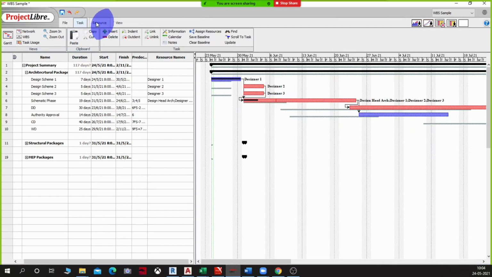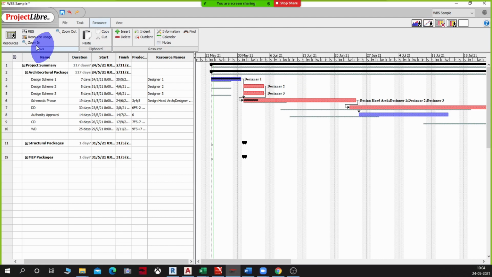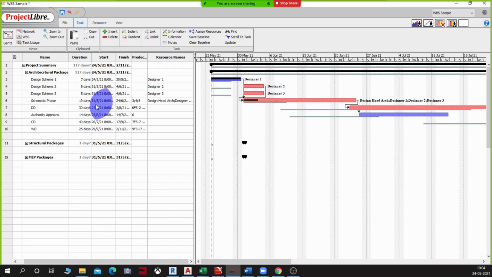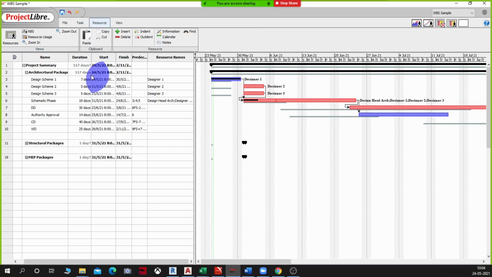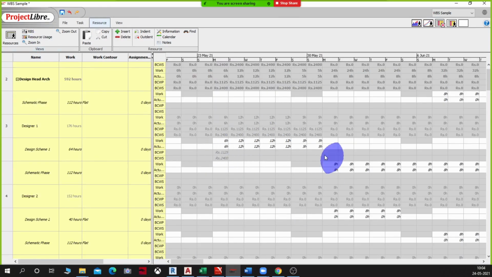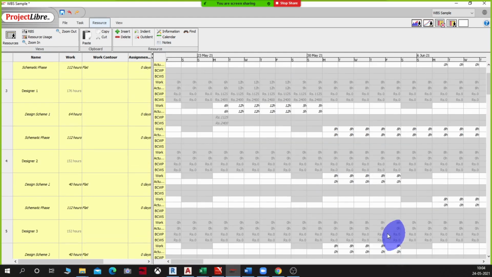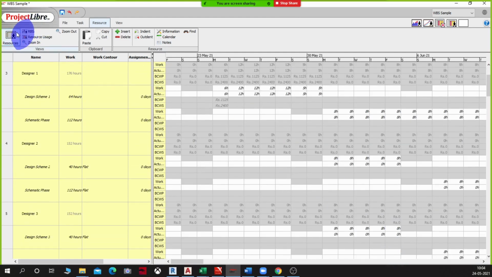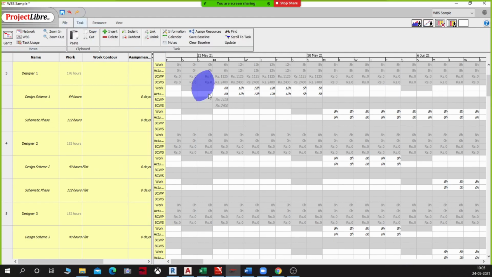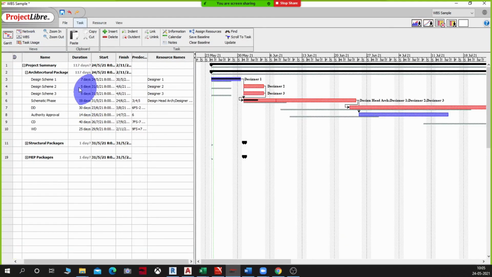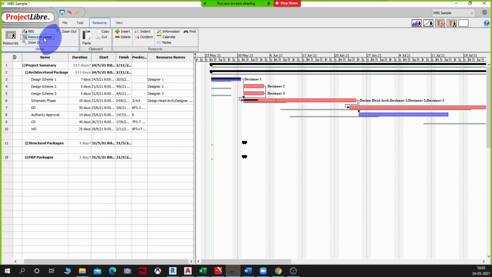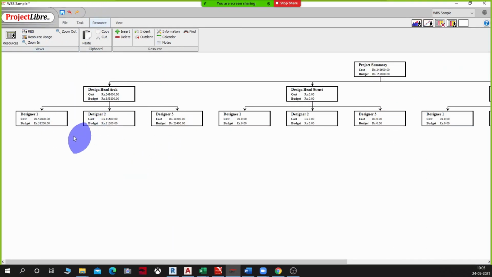Is it clear? So there are two ways of tracking this. One is I move the project elements here, or I start capturing the actual usage. Once I have allocated everybody, I can start tracking their actual hours on the project, and that will keep affecting my project planning here, right? And the amount is going to show up in my RBS as well. You see, this guy is now costing more. Can you see that? Yes, sir.